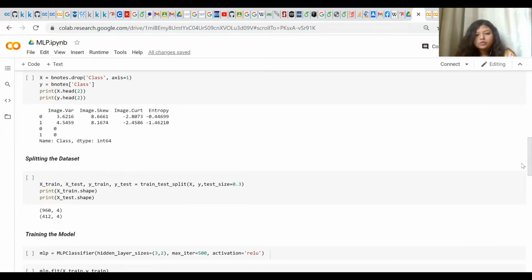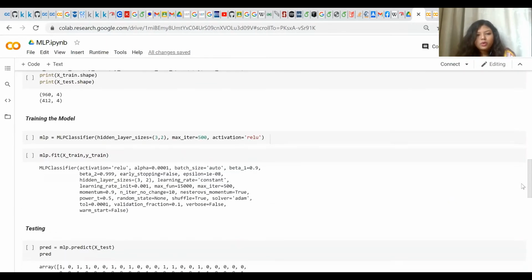Now we are going to train the model. For training the model, we have used MLPClassifier. The hidden layer sizes are 3 and 2, so there are two hidden layers with 3 and 2 nodes respectively. The max iteration is defined as 500, and the activation function used is ReLU. ReLU means rectified linear unit.